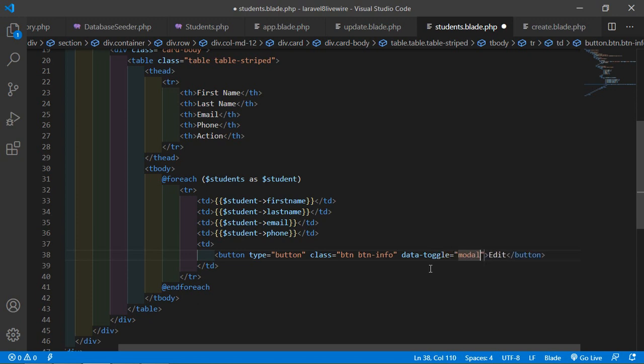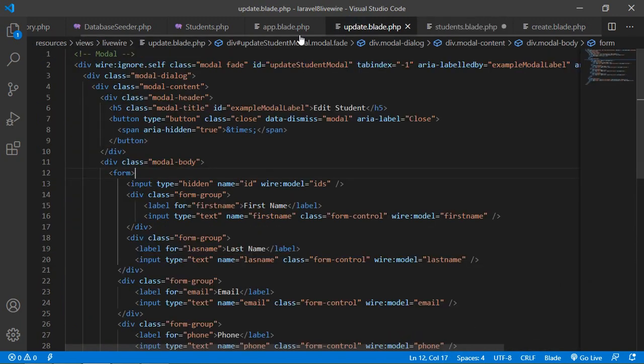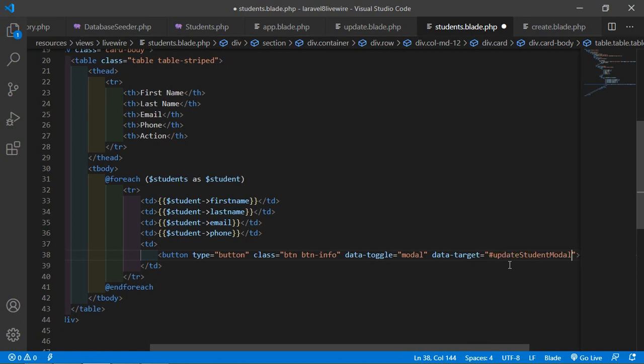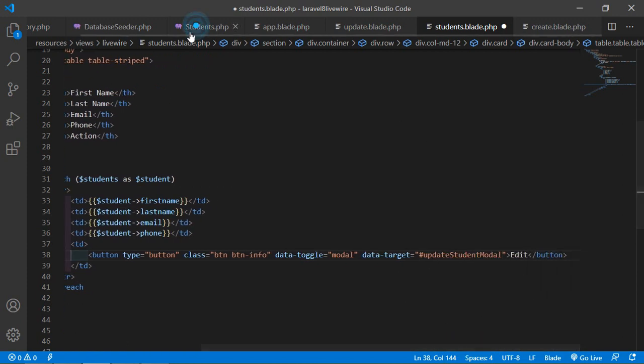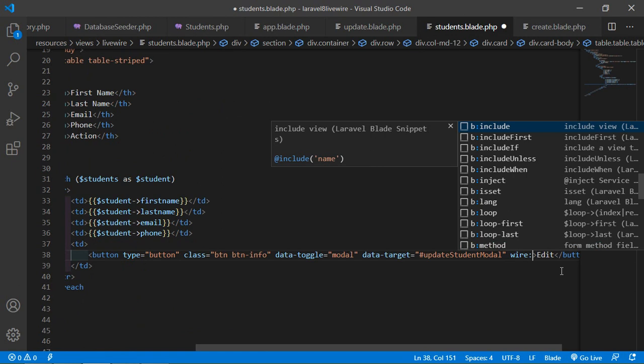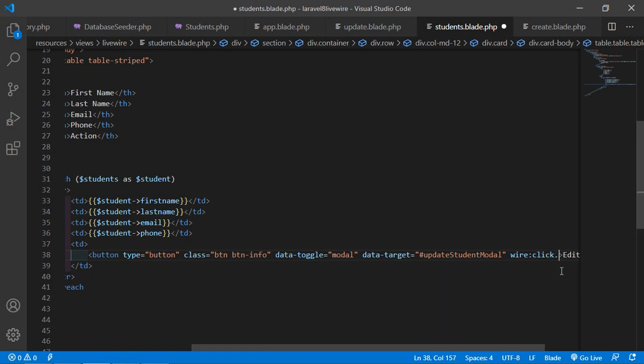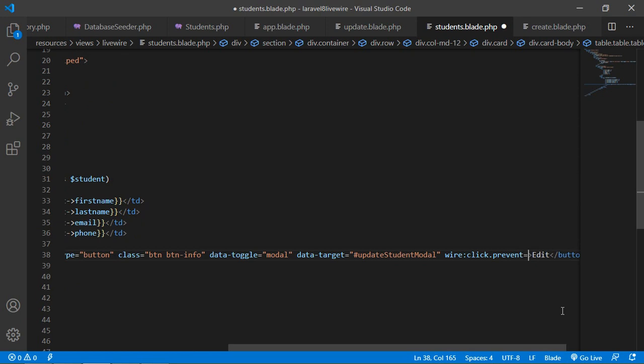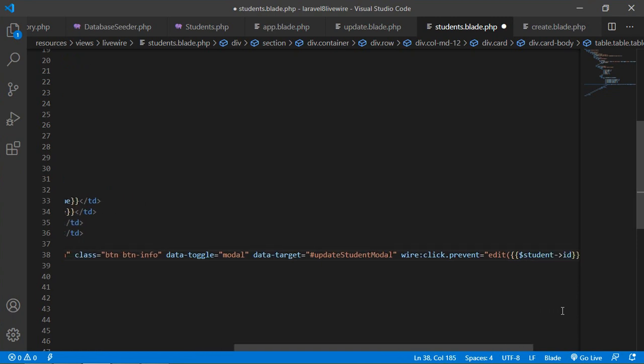Alright, just add here the model and data-target, just add here the model ID, which is this one. Just copy and paste here, and also call this function, the edit function. So for that just write here wire:click.prevent is equal to the function name, which is edit, and inside this edit just pass here the ID. Just write here double curly bracket $student->id. Okay,